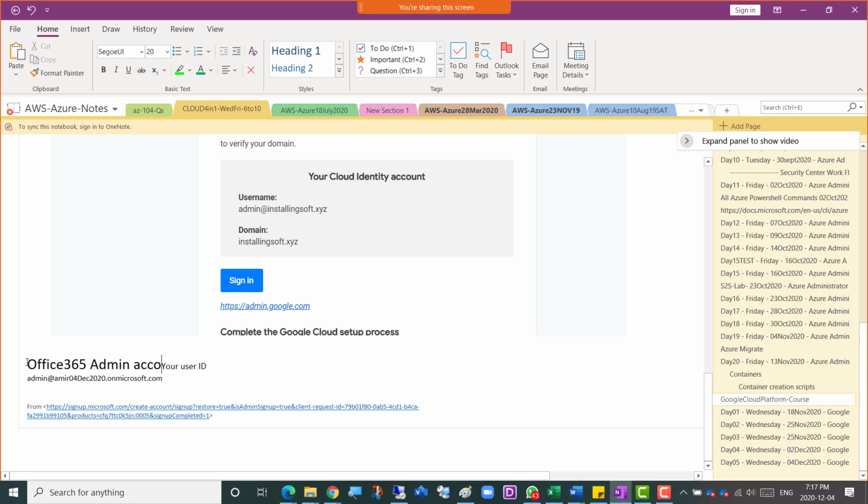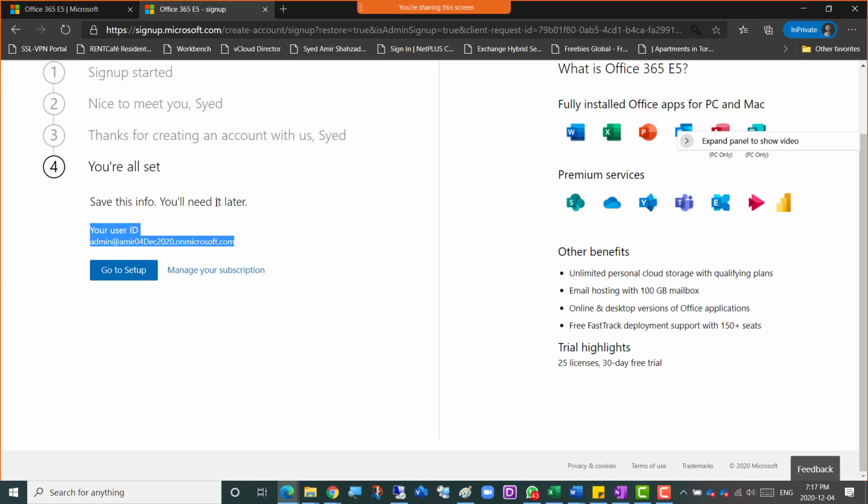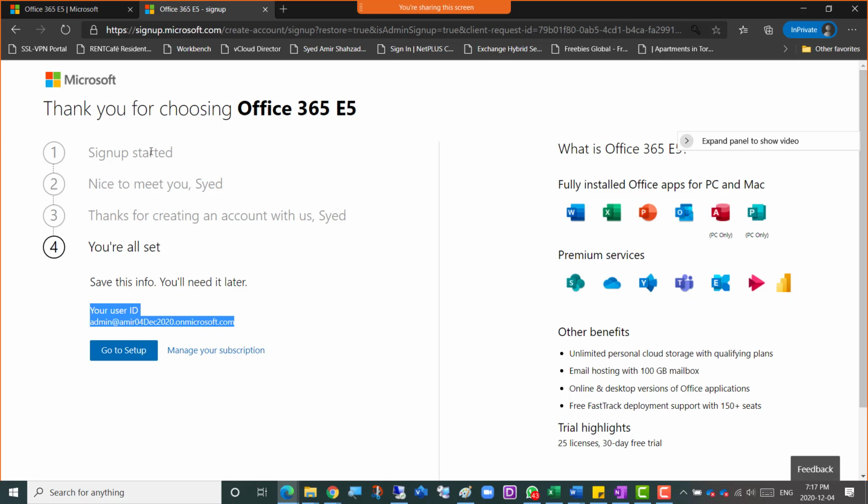Admin account created 04Dec2020. Okay, so it says here you have used your Gmail account, create free tier. Yes, I used my private email ID, Gmail account, when I was signing up here, and only use private email here. Do not use any company ones unless you have a good reason for that. Okay, so it's a private Gmail based, and I'm gonna go to setup,